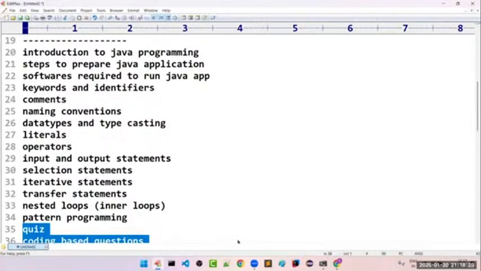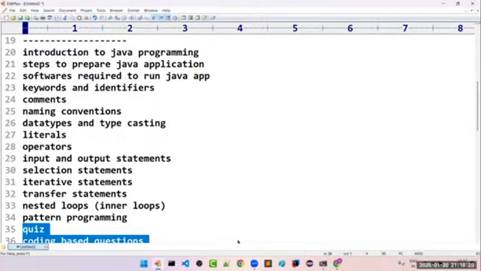After this, interview questions are very important, because the majority of companies are going to ask questions based only on OOPs. That's why I will focus mainly on OOPs concepts. So the second priority after learning fundamentals, you need to give more priority to these OOPs concepts. Then part 3, once OOPs is completed, we are going to see